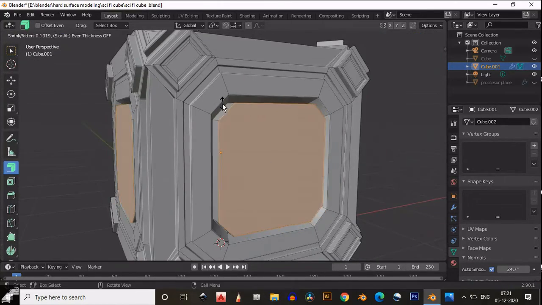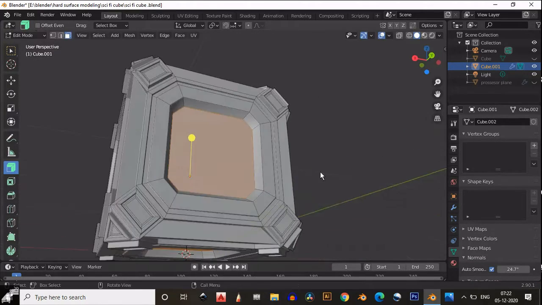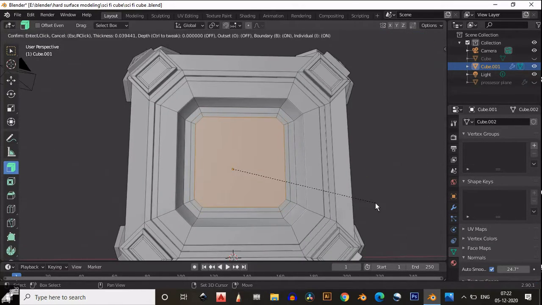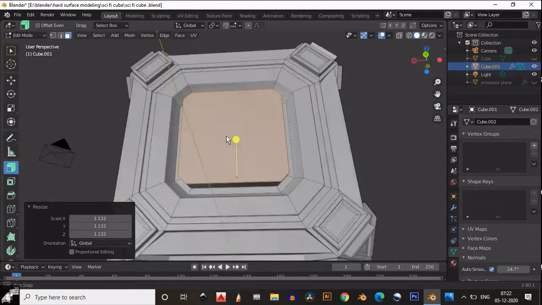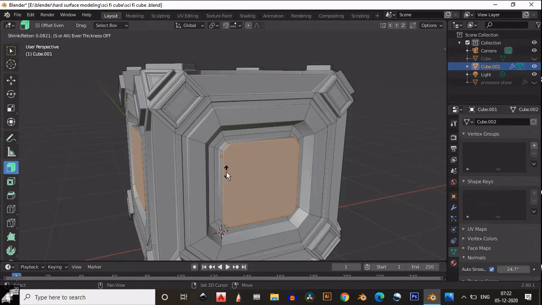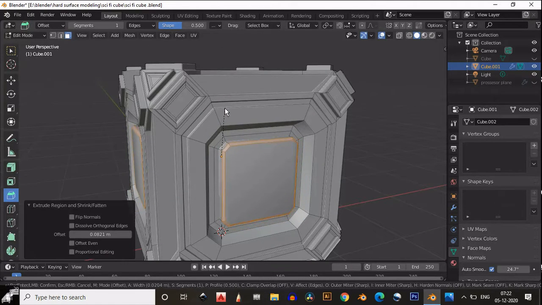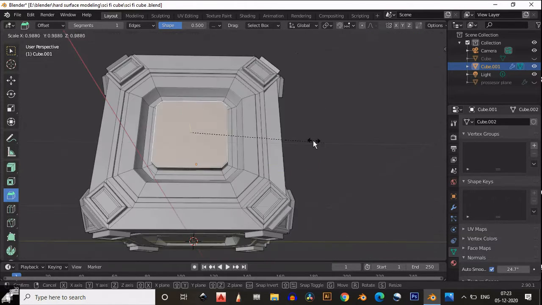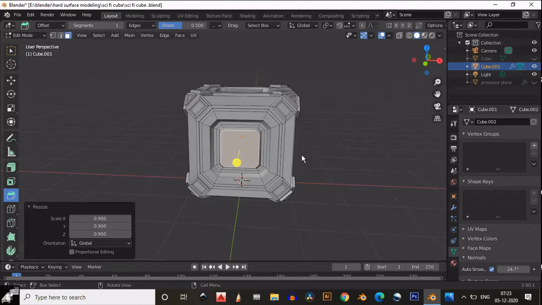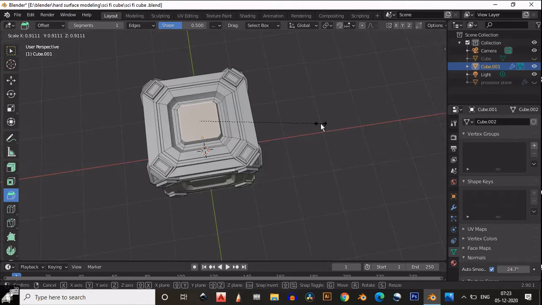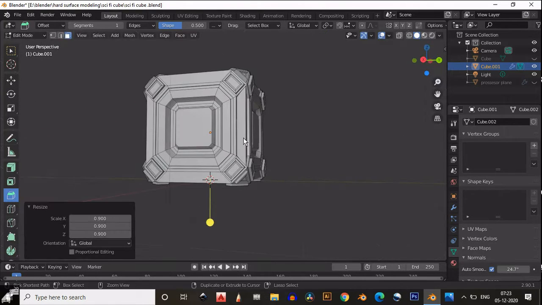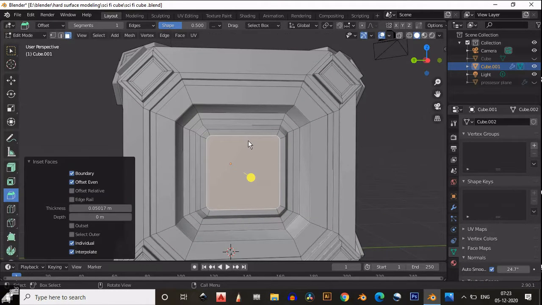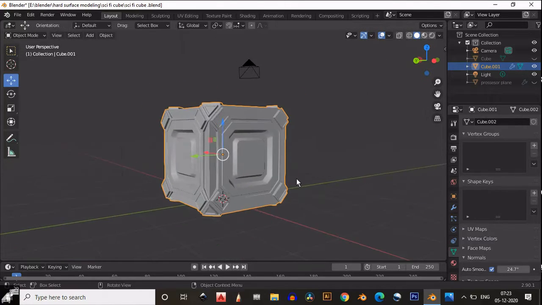Okay, now it looks pretty good. Now select these faces and extrude out. Inset these faces and then extrude it out like this. And this time also you need to scale it down individually. Don't add a bevel like this. When we add a bevel, we increase the segments and verts. So for game art, we need to have a limit on verts.